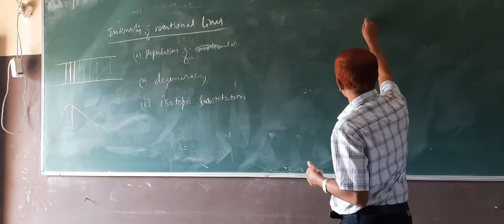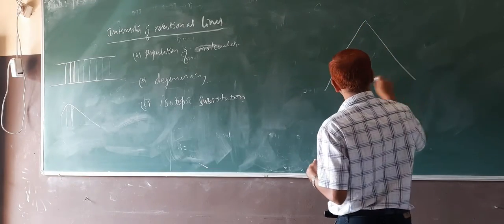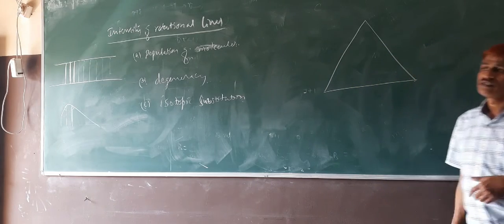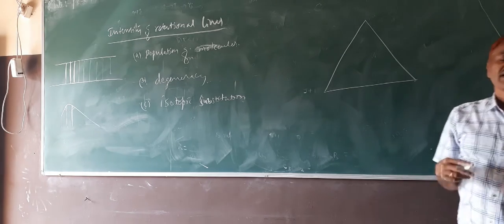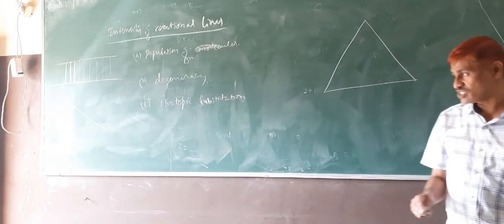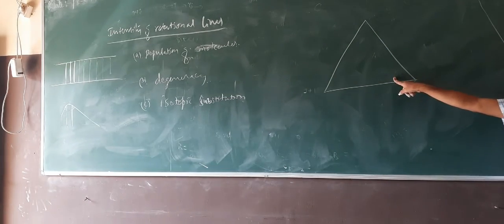But if you see the population distribution, you have seen that in laser also. The population graph is like this. In order to get laser action, this graph should be like this for lasing action. If you are making more molecules in the excited state than the ground state, this is called population inversion, and that can be done by pumping, optical pumping, electric pumping. Like that we bring the population inversion. Usually population is like this.